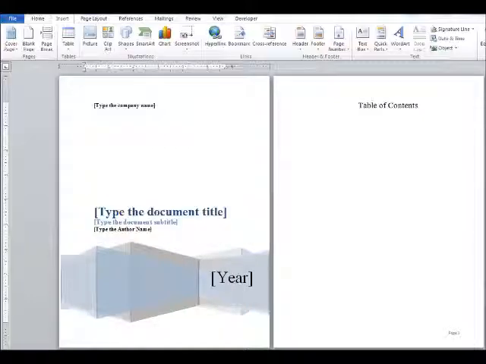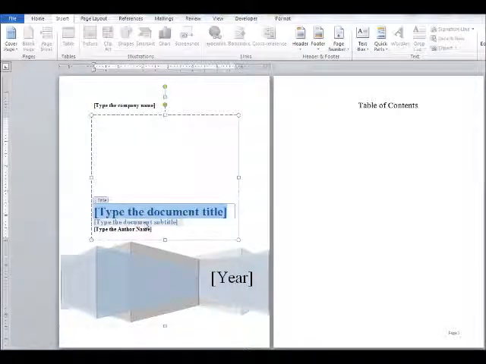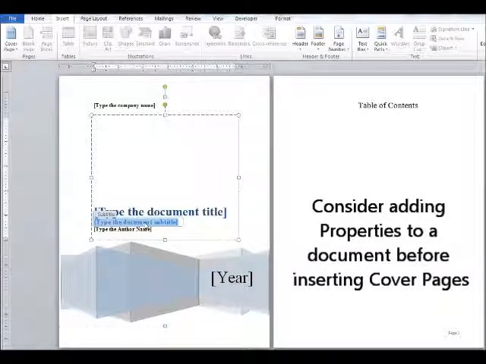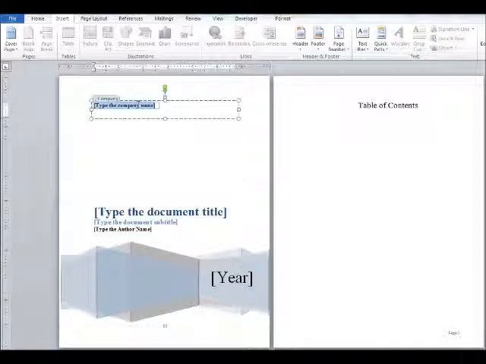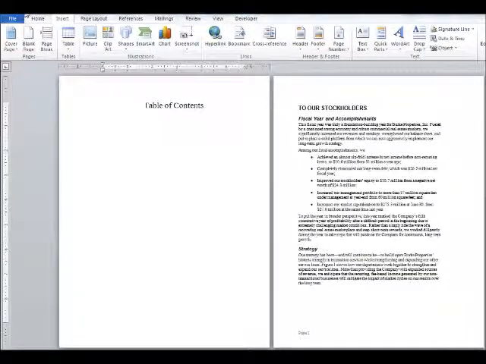Now let's take this just a bit further. The sections that a cover page automatically includes are things like the title, the author, and depending on the cover page you select, you'll see some other things as well. These are actually the properties of the file. And if you've taken the time to adjust those properties before inserting a cover page, all of this stuff would automatically be filled in. Here's what I mean. I'm going to undo this cover page insertion and bring it back to the way it was in the beginning. Now, I'm getting ready to insert a new cover page, but before I do,